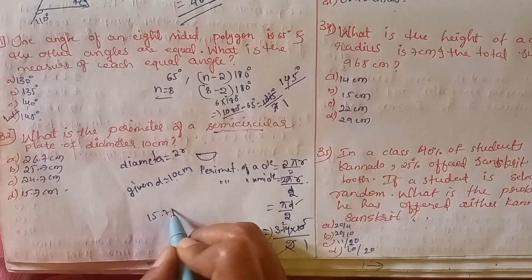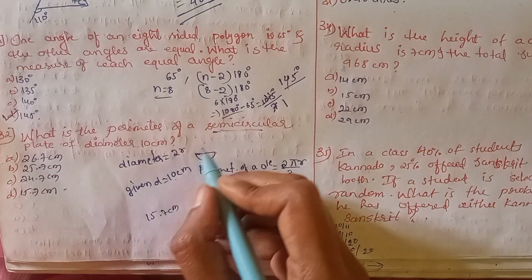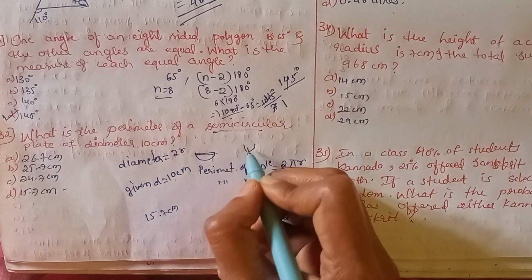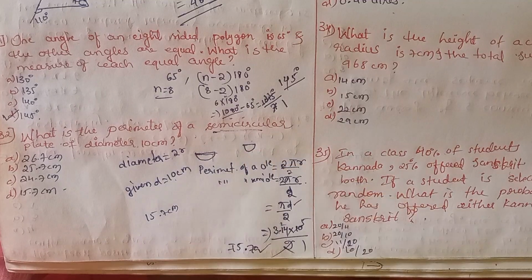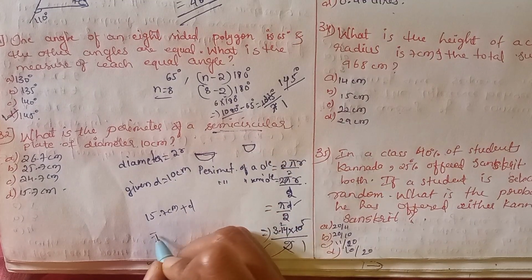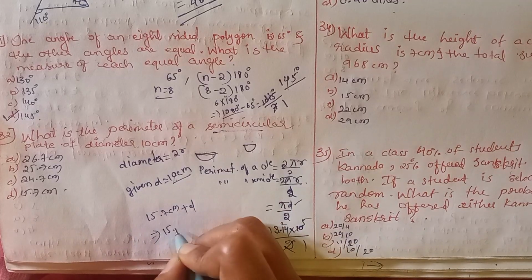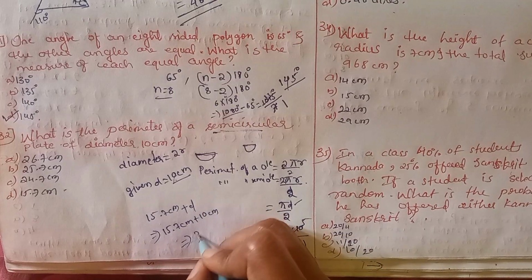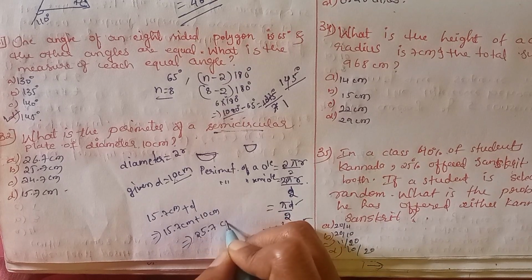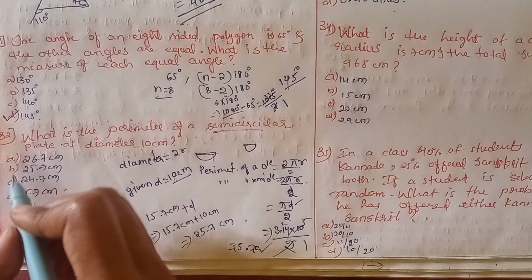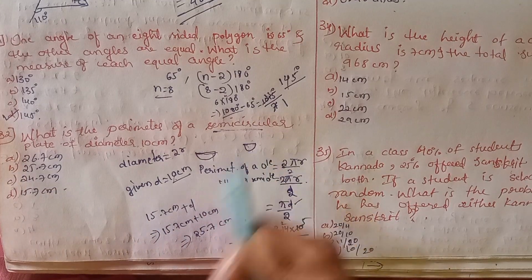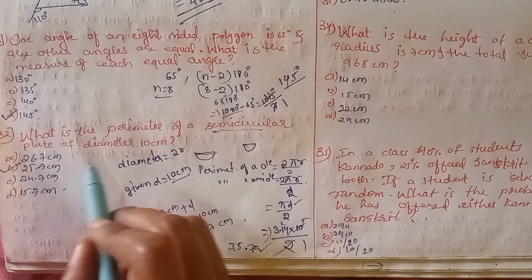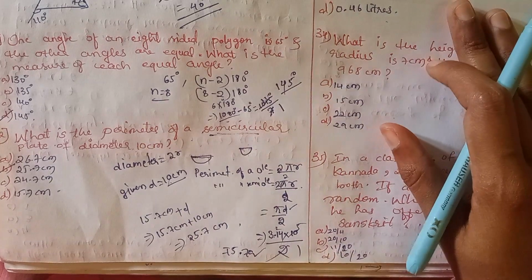15.7 centimeter. Another thing we have to add, the diameter, because here we have one line. Semicircular plate means only this much, here it is one complete diameter. So plus d means what? d is 10 centimeter. 15.7 centimeter plus 10 centimeter is going to be how much? 25.7 centimeter will be the answer of this question. We should not forget this one, the diameter. Okay, so 25.7 centimeter is the answer of this question. Okay, let's see the next question.